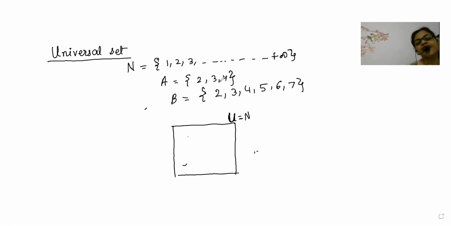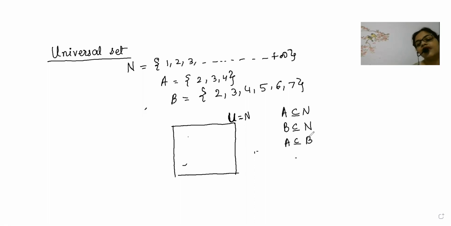Now, look here. A is smaller than B. You have to understand one thing: A is a subset of the natural numbers, and B is also a subset of the natural numbers. Then you are telling me, auntie, I have one more idea: A is also a subset of B, isn't it? Because whatever elements A has, B also has. Because of that, we can also say A is a subset of B. Then I will say, yes, it is absolutely correct. A is a subset of B. B is also a subset of the set of natural numbers.